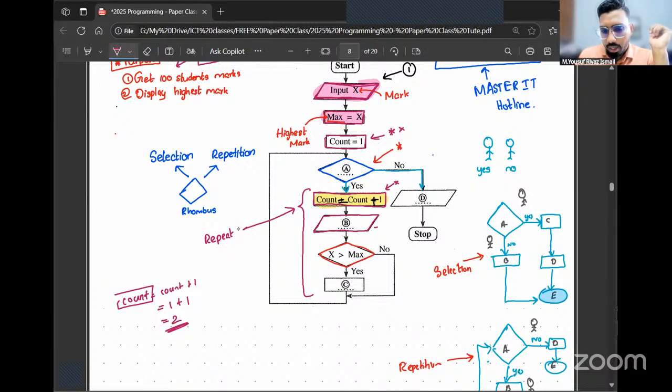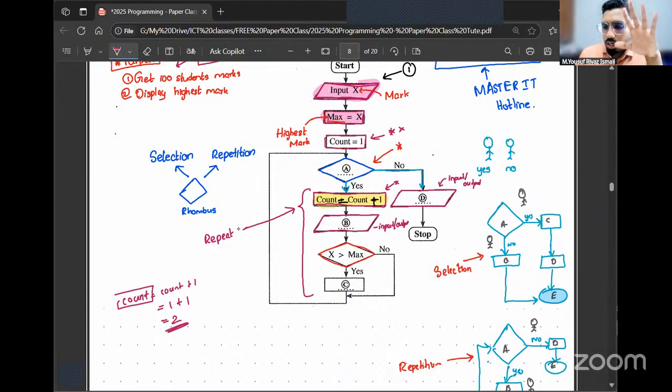You could use a parallelogram for input or else output. Now you can see there is a parallelogram inside the repetition. And if you look at this parallelogram we have here, the second parallelogram labeled with D, is that parallelogram coming within the repetition?